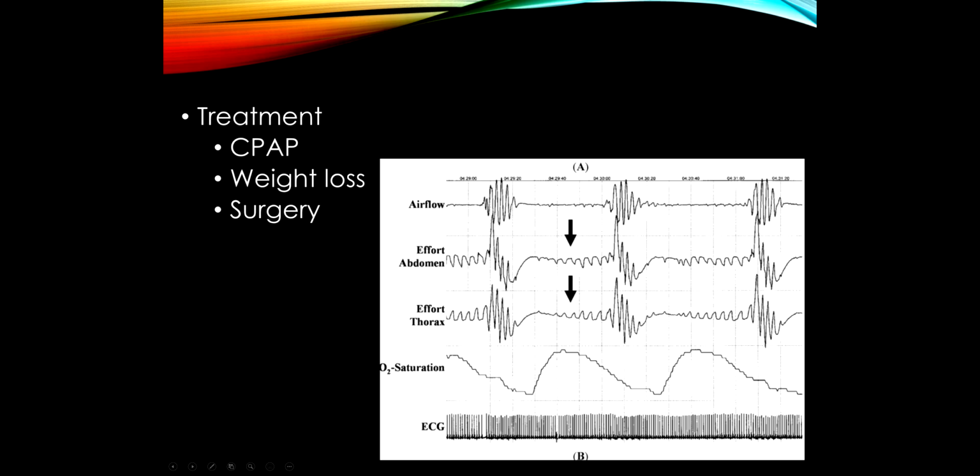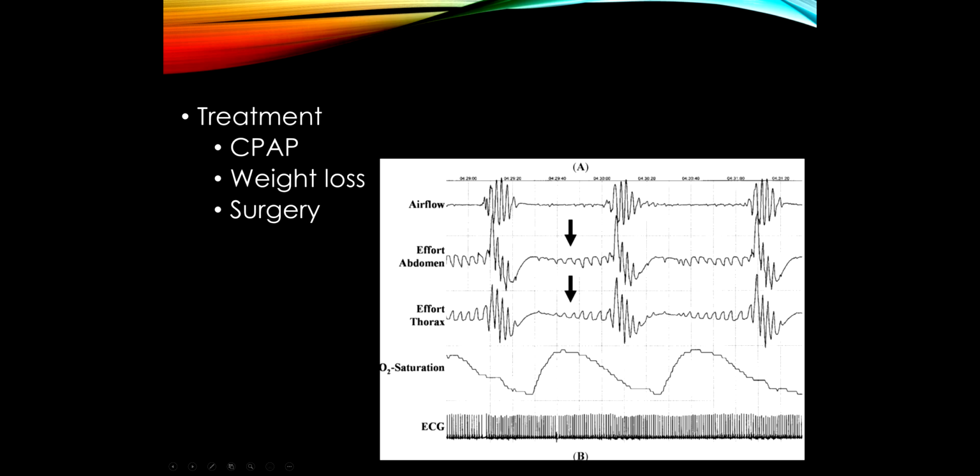So the desaturation and oxygenation does not really correspond with when you take a breath. But the main thing that will help us confirm the patient has sleep apnea is that you can measure the contractions in the abdomen and the thorax. They're trying to overcome the closed throat, and so we get a lot of efforts, and they have to get stronger and stronger. Then finally the airway opens up, the patient breathes, and then you need a lot of effort again here. This is the key thing that tells us they have obstructive sleep apnea.